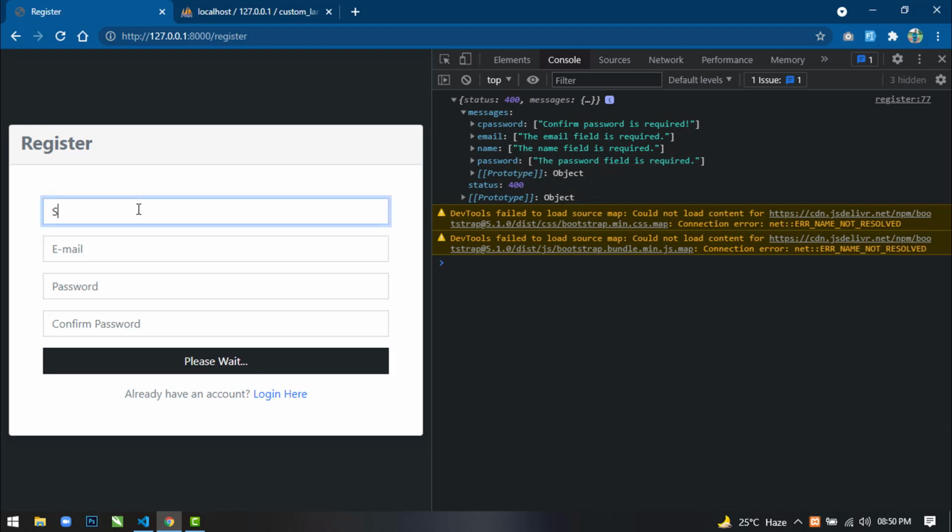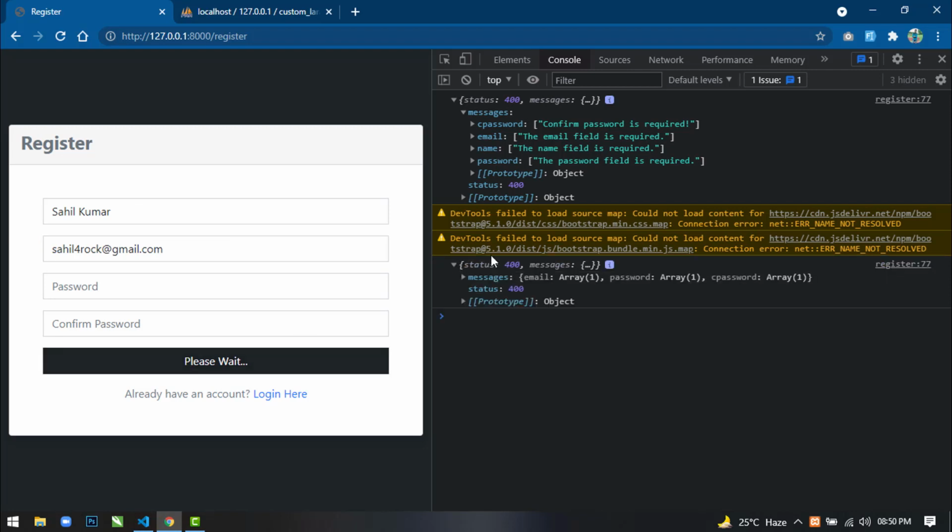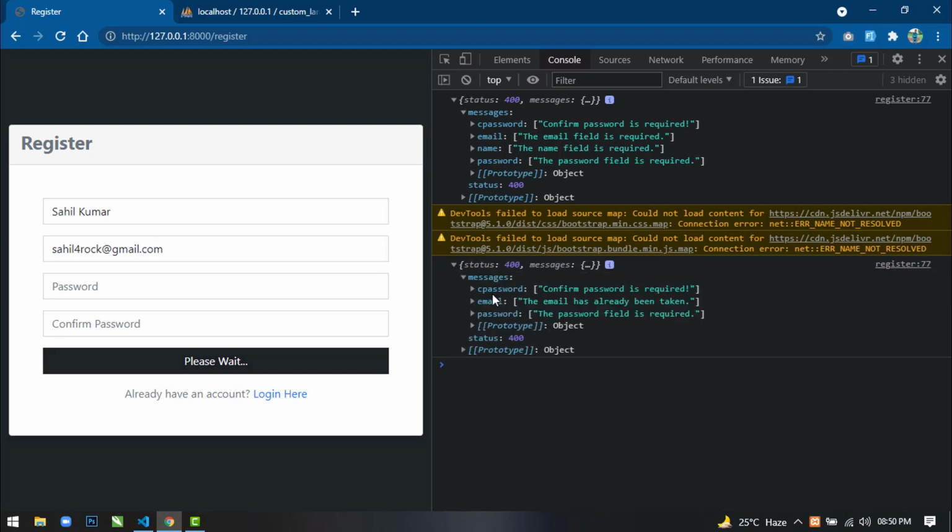If we just fill the name field and email field, and if we click on register, then still we are getting a status 400, but in message we are getting only confirm password is required, the email has already been taken, the password field is required.